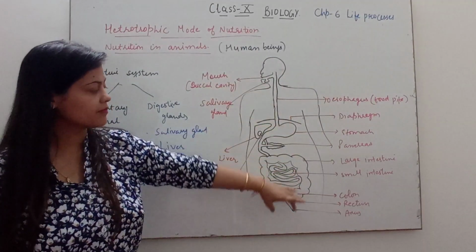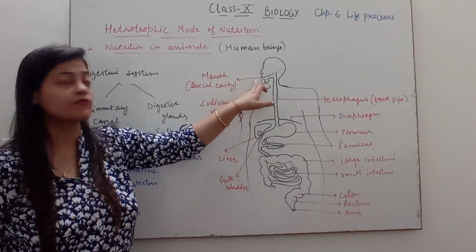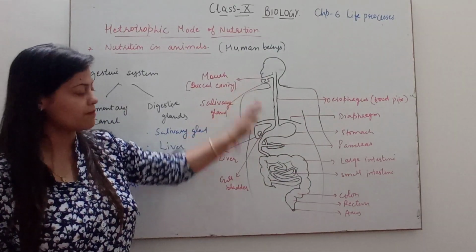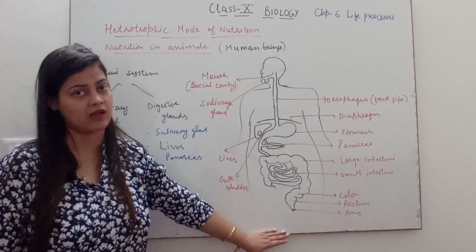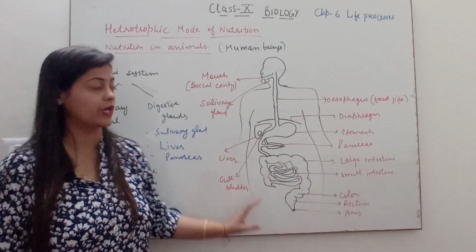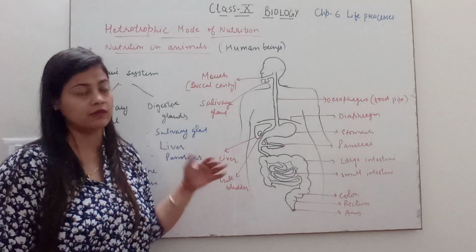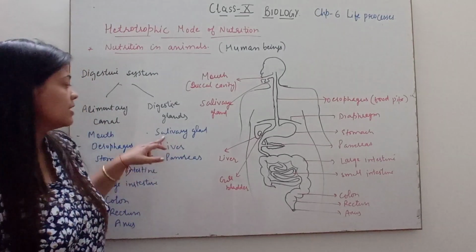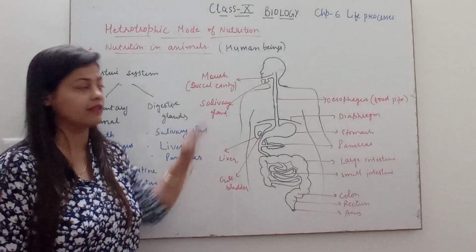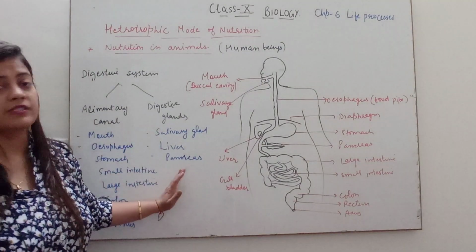Okay, what is the alimentary canal? Canal means it's like a pipe. It starts from our mouth and ends at the anus. Whatever parts are included from mouth to anus are considered the alimentary canal, the passage through which food travels. And digestive glands, there are three glands in our body which help digest complex food: the salivary gland, liver and pancreas. These three glands are included in the digestive system of the body. Okay, and the steps I have already told you.